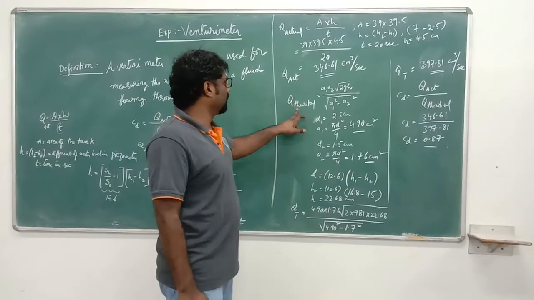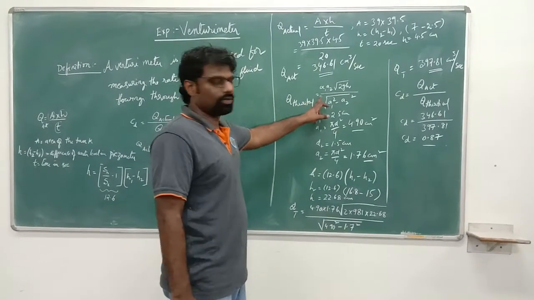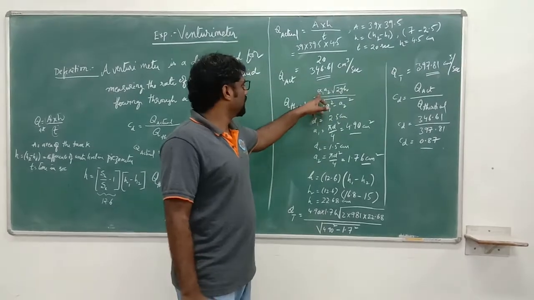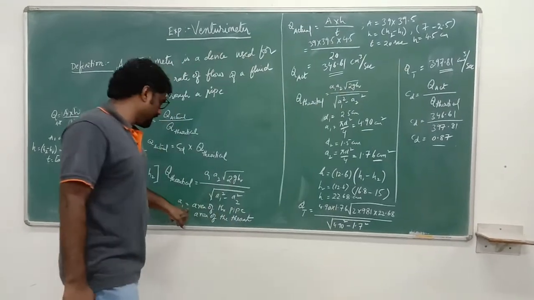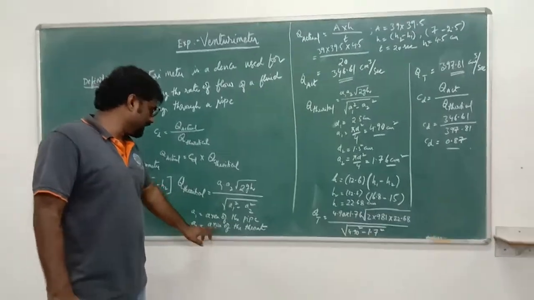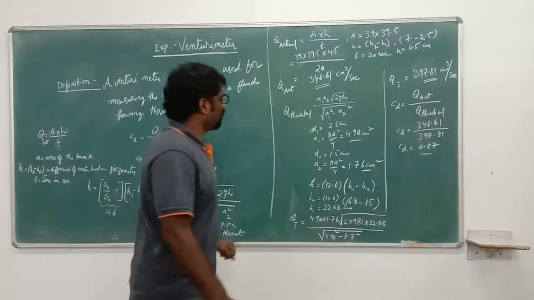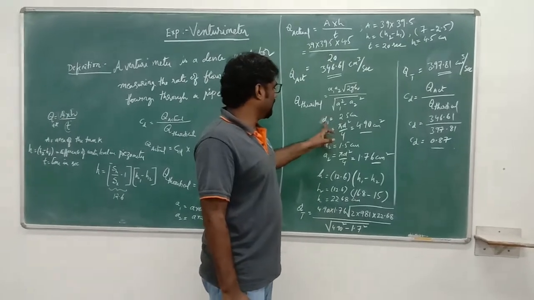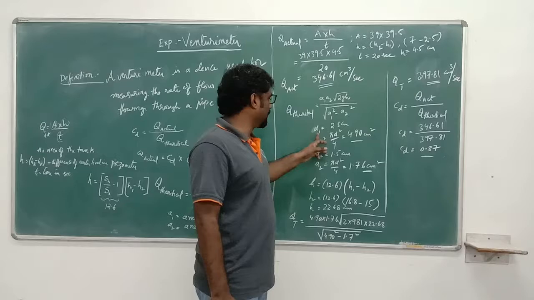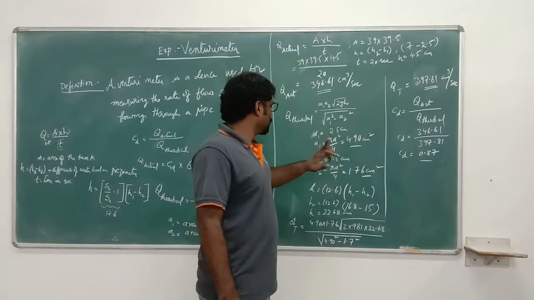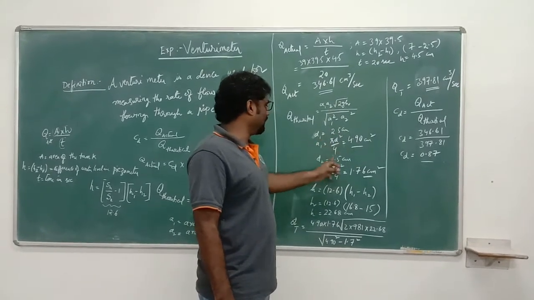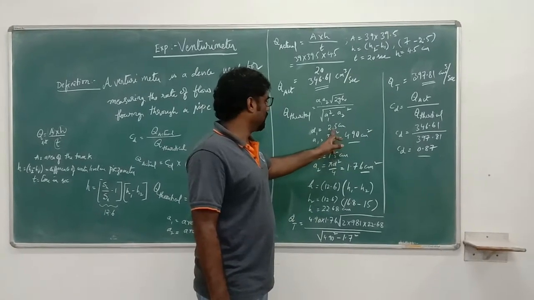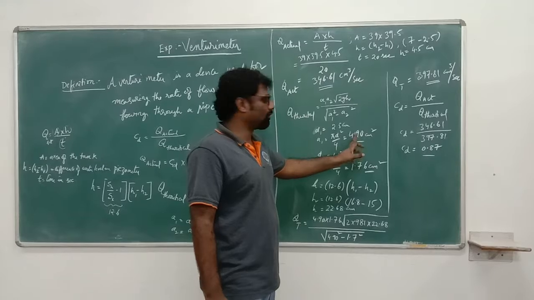Now we will find out the Q theoretical. Q theoretical is equal to A1 into A2 root of 2GH by A1 square minus A2 square. So here A1 is the area of the pipe, and A2 is the area of the throat. So we have to find out the A1 value. We know D1, the diameter of the pipe, that is 2.5 centimeters. For finding out A1, the formula is pi d square by 4. So we substitute this value here, and we will get A1, that is 4.90 centimeters